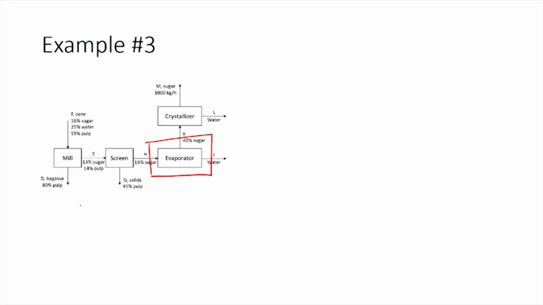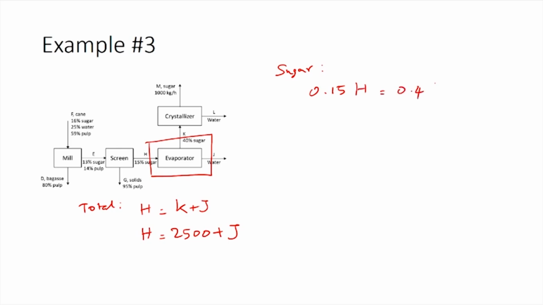So, as we did there, we will start with the total balance for the evaporator system as H equals K plus J, and we know the value of K to be 2500. So, this is H equals 2500 plus J. So, now we can write a component balance. So, here we can again write a sugar balance. So, the sugar balance would be 0.15 times H equals 0.4 times K. So, this would mean